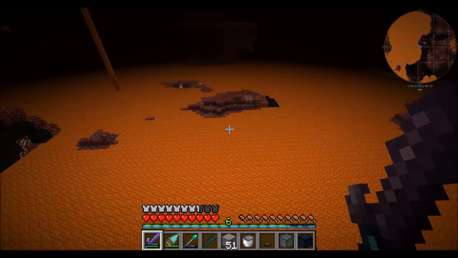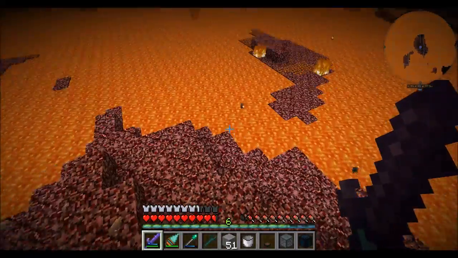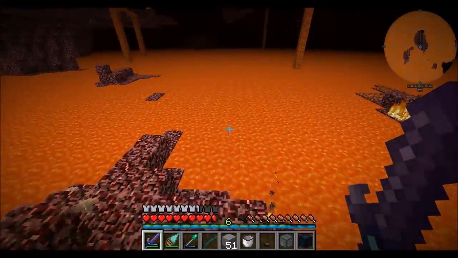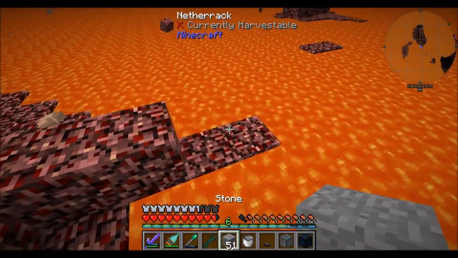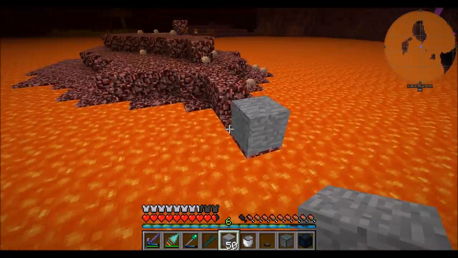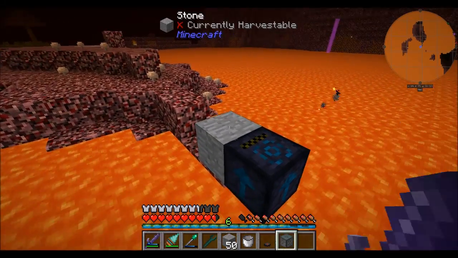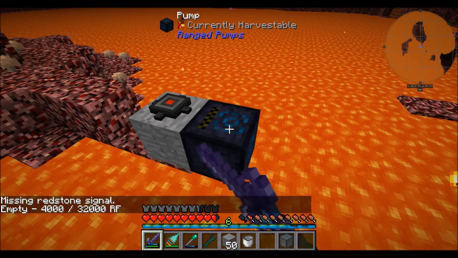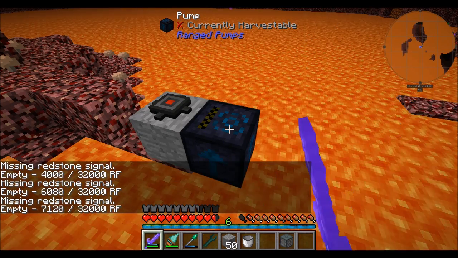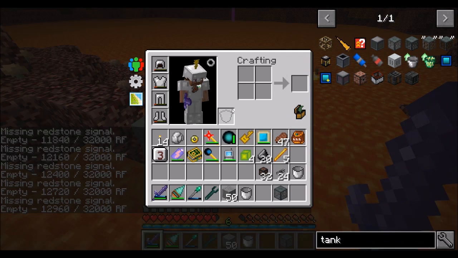Now here's a giant pool of lava, which just so happens to be pretty much what I want. All right, so from what I understand, if I'm right about this, you basically place the pump on top of the lava. Now he is going to need RF, and we're going to see if 80 RF is enough for you. Now he should have missing redstone signal. Cool. So he's filling up. He holds an internal buffer of 32,000. He does need a redstone signal to run, which